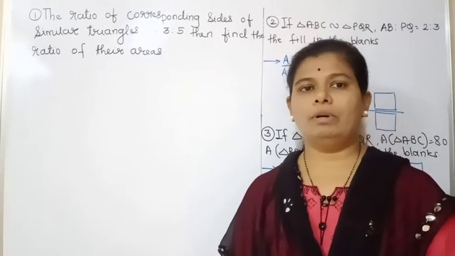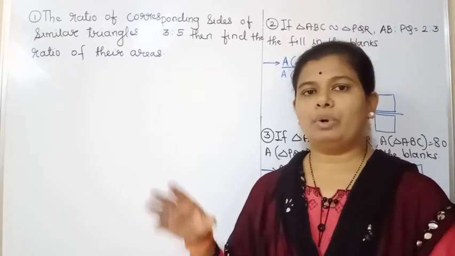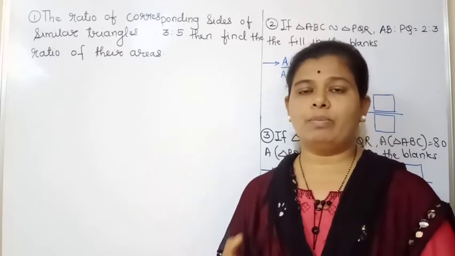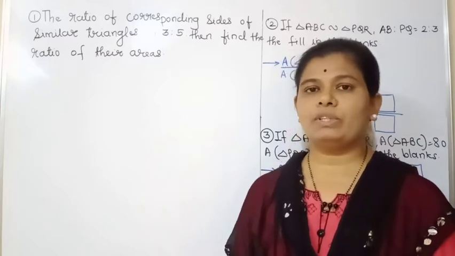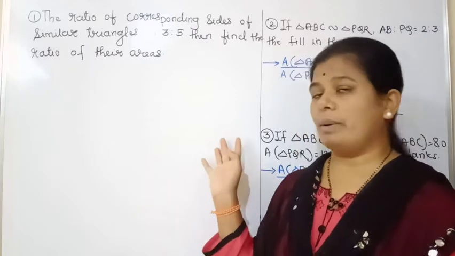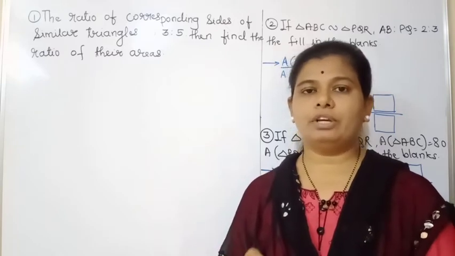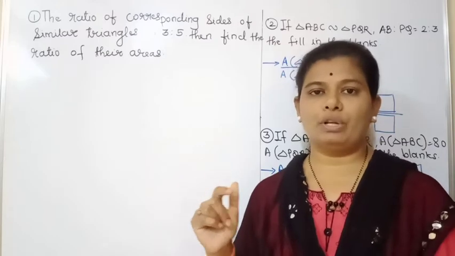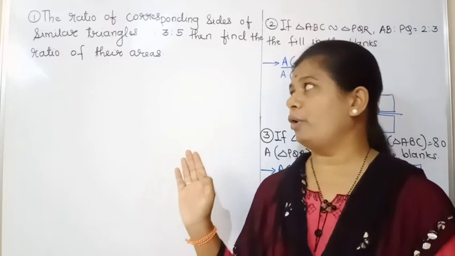As all of you know, in our previous video we completed exercise 1.3. Today we are going to start 1.4. But if you see your textbook, before the exercise 1.4, there is one theorem, the theorem of areas of similar triangles. This exercise 1.4 is based on the same theorem, totally dependent on it. So today we'll see this exercise 1.4.